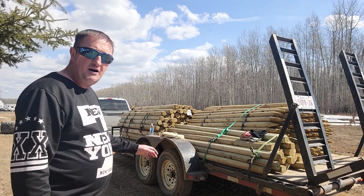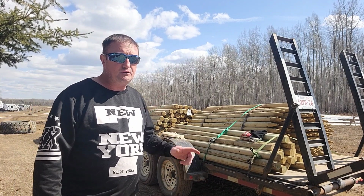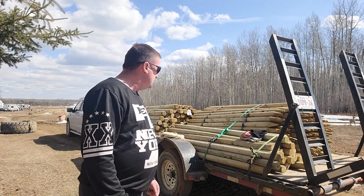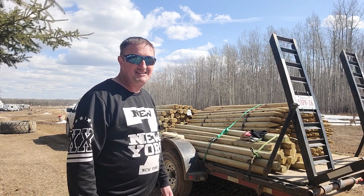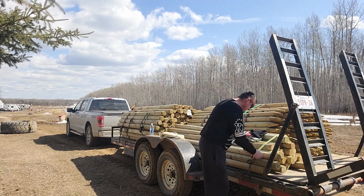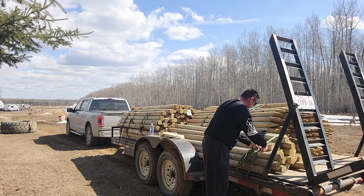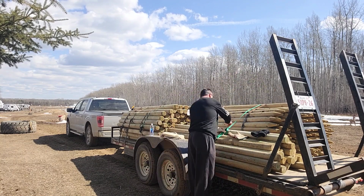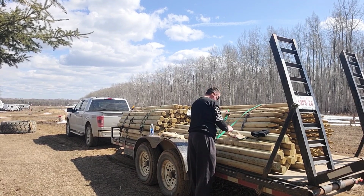So some got to come off manually by hand, and hopefully I could sling some of the other stuff so I could use my mini hoe to lift it off. I hope so anyway, because if not, it's going to be a lot of manual lifting, so I'm hoping for the best. So I'm going to start unstrapping it there now. Obviously, it's going to be easier to unstrap than it was to strap, but